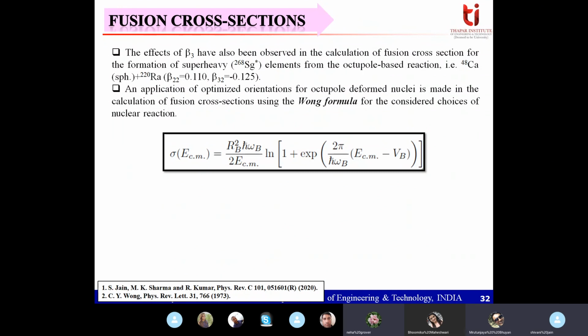Another, is there a tensor term in your interaction, the Vn that you calculated? Sorry, sir, tensor term? Yes. In the proximity potential, no tensor term is involved. But while I am considering the Skyrme interaction, then the term which is expressed in the Hamiltonian, there is already an individual term specified for the tensor coupling term. So from there we can see the relation.